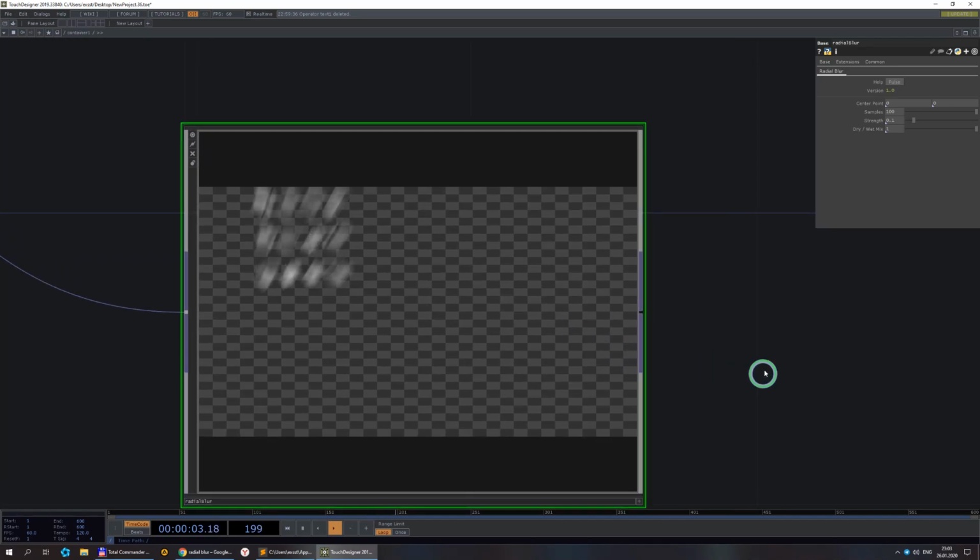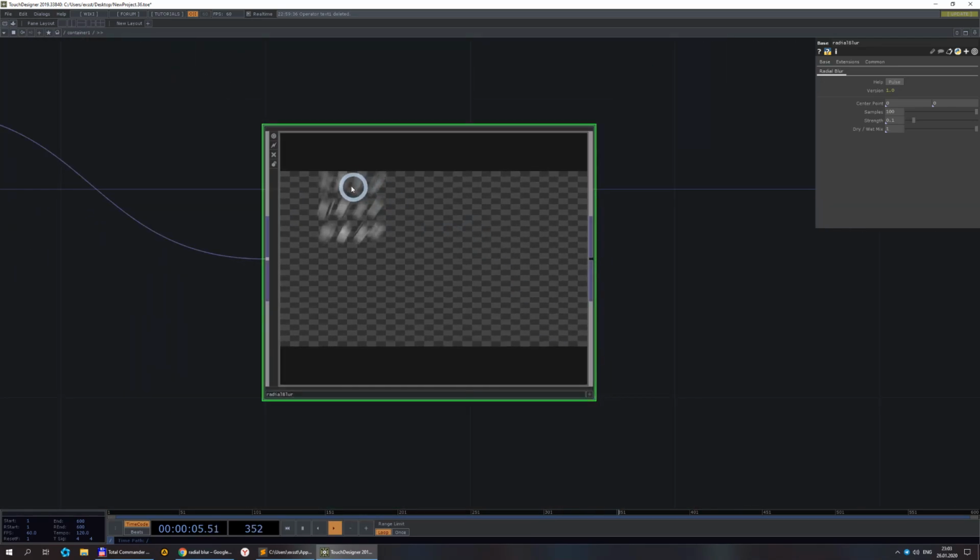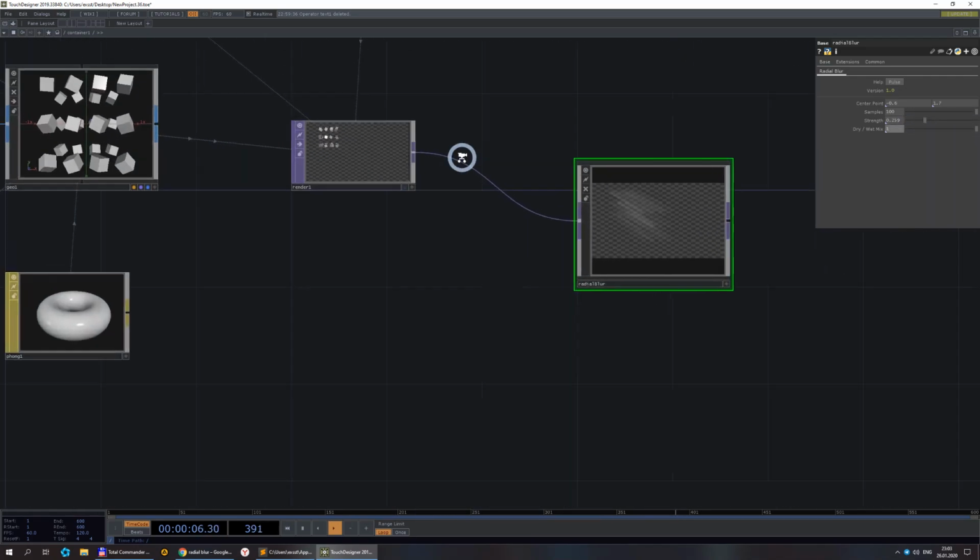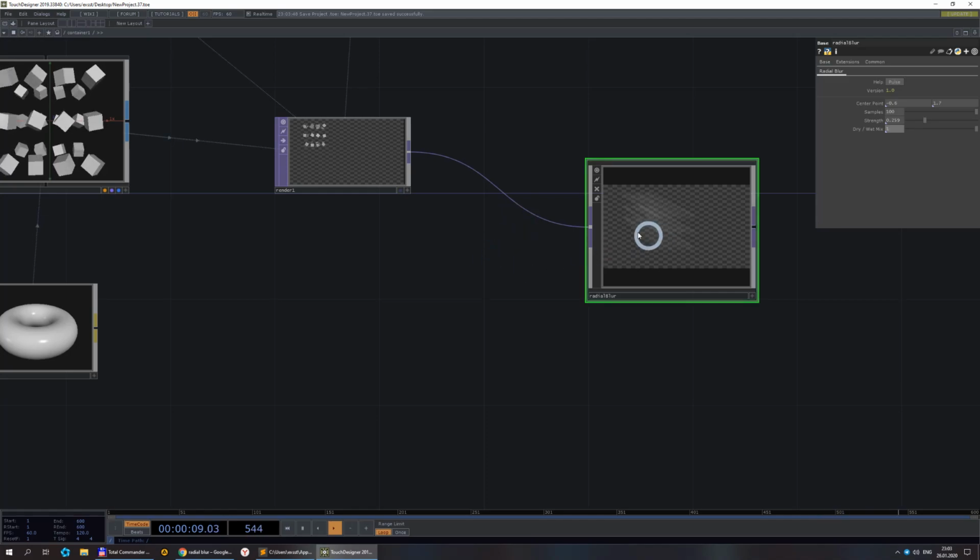Okay, so we want our God rays to move in this direction. Let's find out. I believe here center point is the center of texture, so 0.5, 0.5 is a center, and we need to move it this direction and this direction, and the strength would be a bit more, and maybe